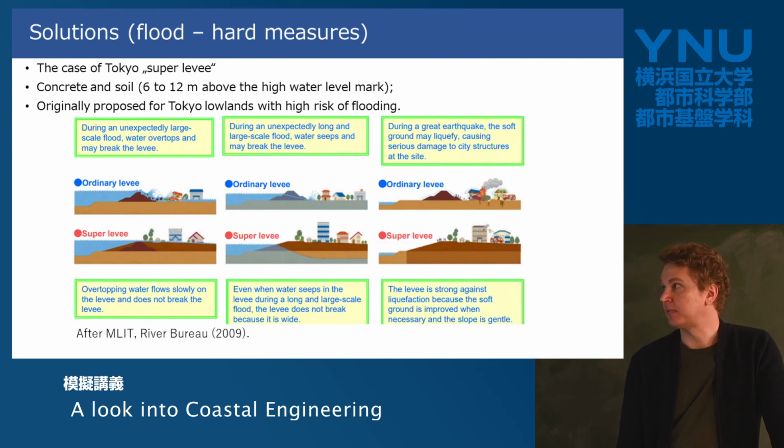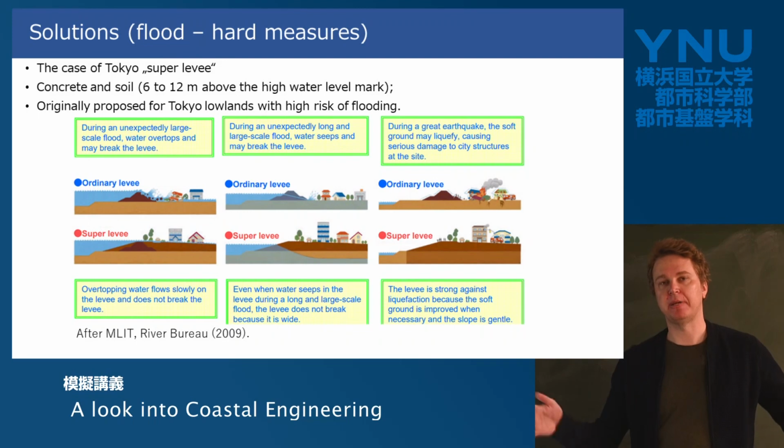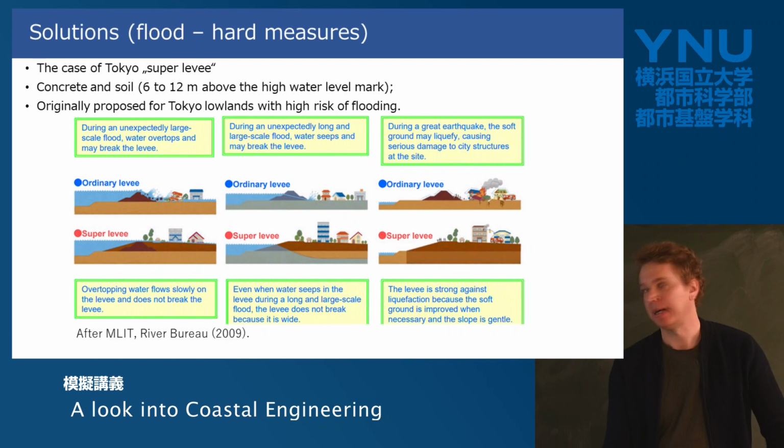And another example here is super levees, and this is in Tokyo. These are massive mega projects. You can see the difference between an ordinary levee and a super levee. Big areas of land are being elevated and new structures are being built on top of it. The main idea is that if something does happen with earthquakes or floods, and if the city is below mean sea level, then it becomes a problem. But super levees really help with that.